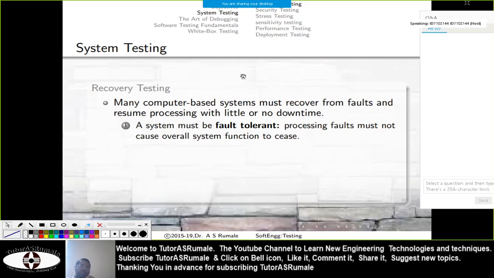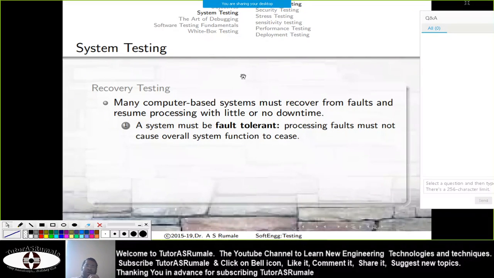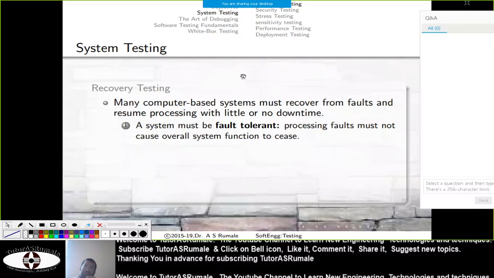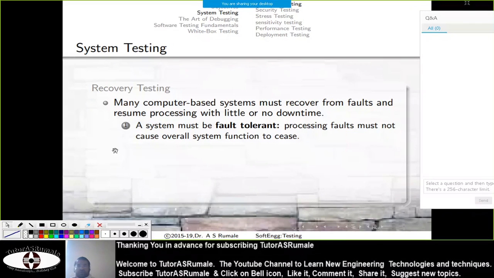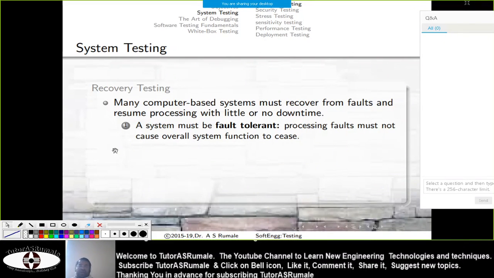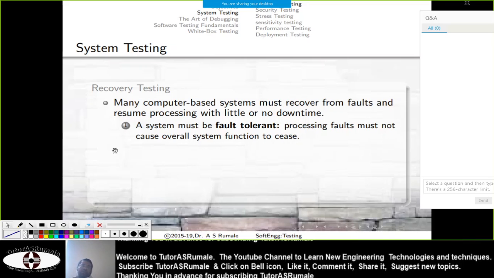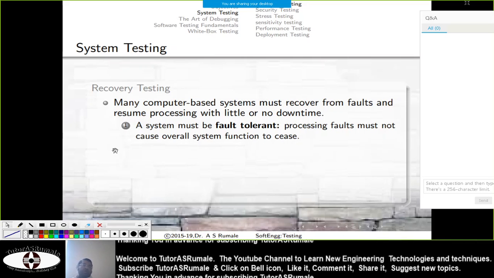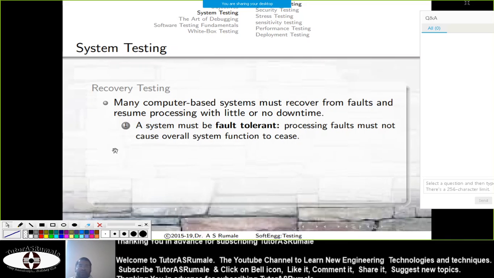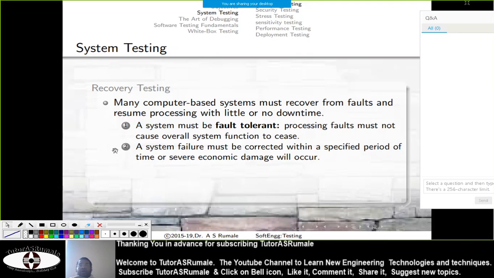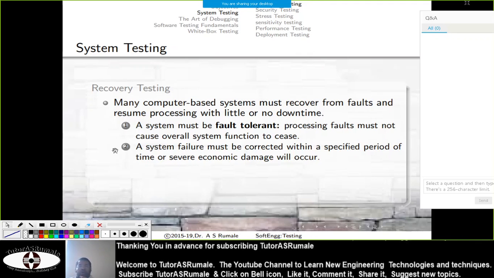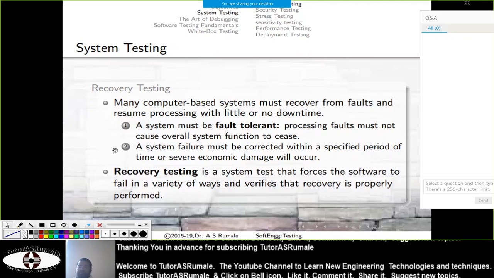For example, let's say you are typing in Word, and Word is actually fault tolerant. It is what you call self recovery. Or let's say while working your system automatically crashes, and when you restart the system your data is completely lost, then the system is not recovering. So recovery means you have to find out how your system will work at the time of failure, or at a time of overload. So you have to check for that.